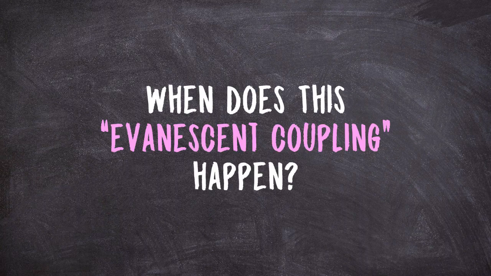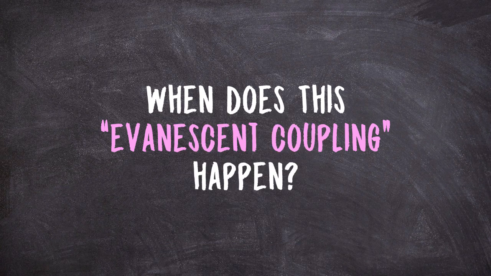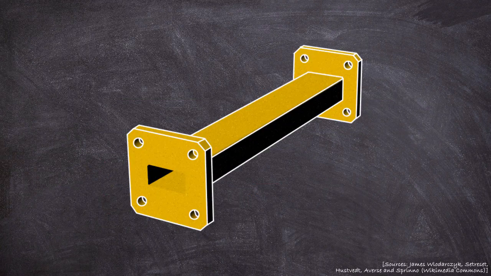But then, in what real situations does this evanescent coupling actually happen to regular waves? Well, it's maybe not the most common example, but a particularly illuminating case is reflections in a narrowing waveguide. But what's a waveguide? Well, a waveguide is kind of like a transmission line for waves. It helps them propagate from one place to another without any losses in between.